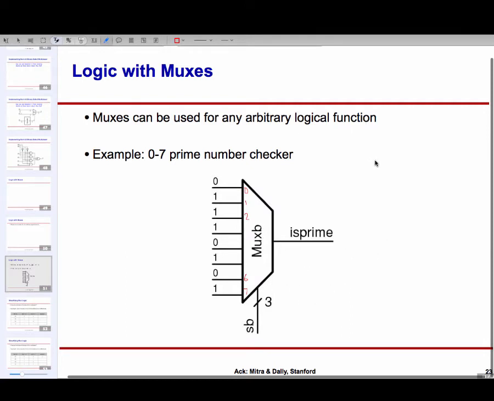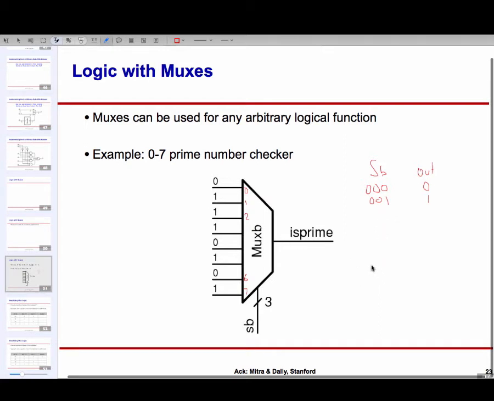so let's just, I have SB and I have output. Whenever SB is 0, 0, 0, then the value on the 0th source goes out there, which in our case is tied to 0. When SB is 0, 0, 1, then the value on the first wire, A1, goes to the output, so I get a 1, and so on and so forth.